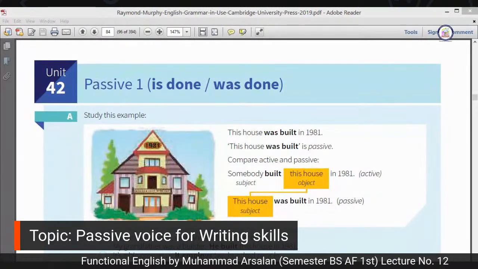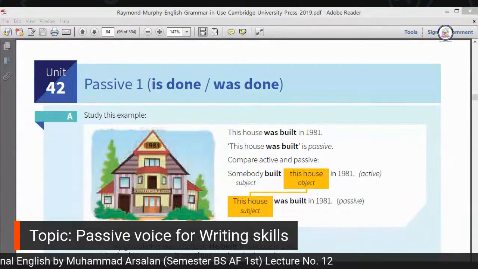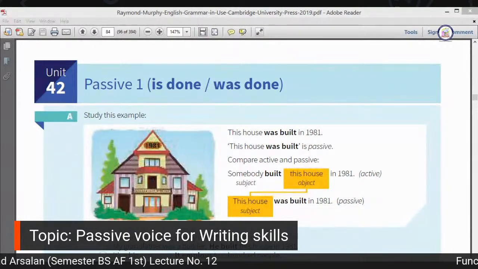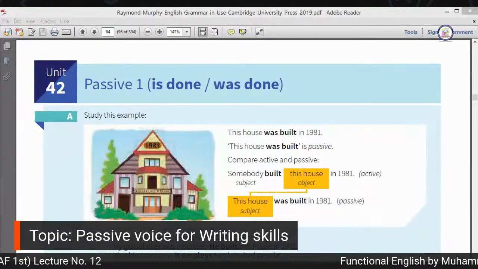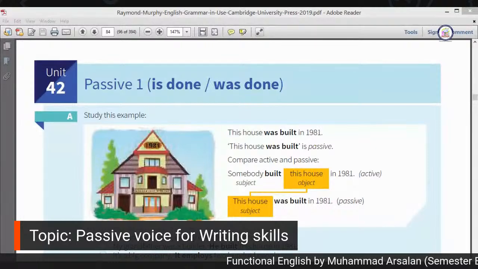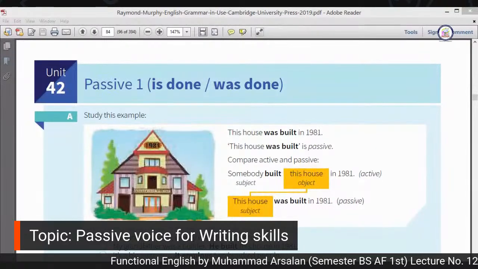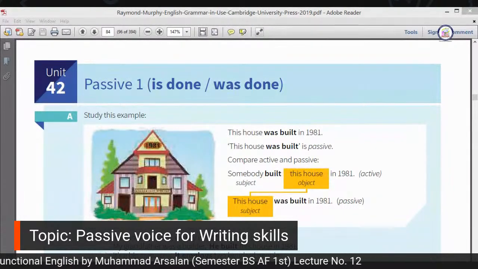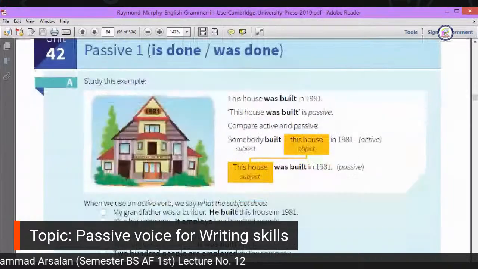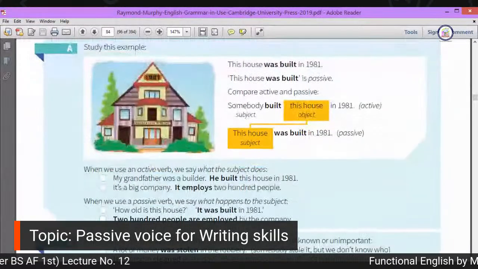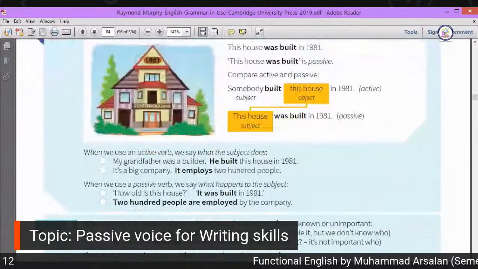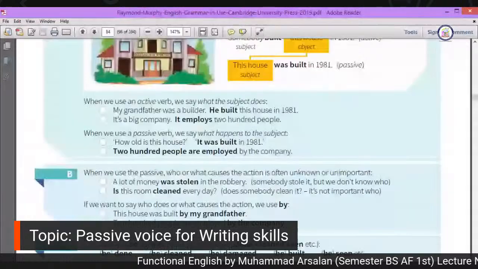Compare the active and passive. Somebody built the house in 1981. I don't know who that person is, so I'm not concerned. Now, if we see more examples,